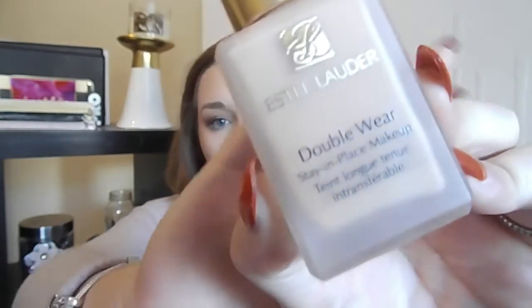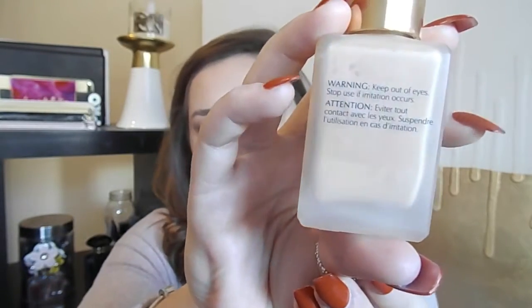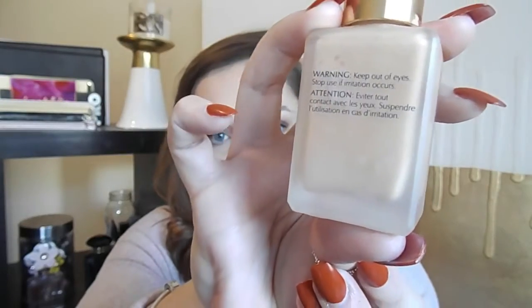It is the Estee Lauder Double Wear Foundation. Stay in Place Makeup. You can kind of tell maybe where I'm at in the bottle. This I can barely get any out of either. It's $42. Sephora and Ulta, basically anywhere Estee Lauder is sold. Once again, this foundation is beautiful on the skin. This and the Clinique